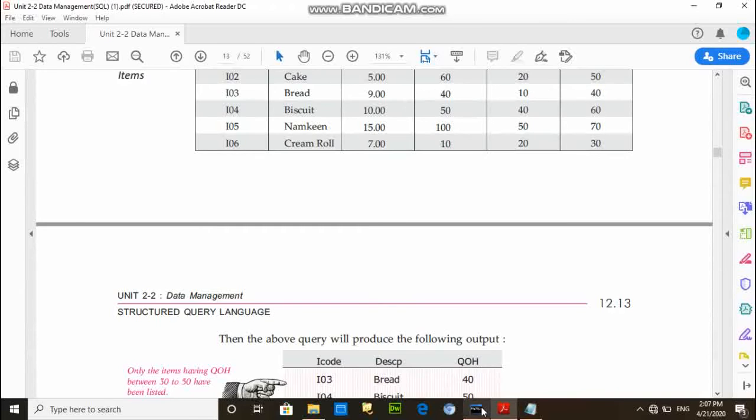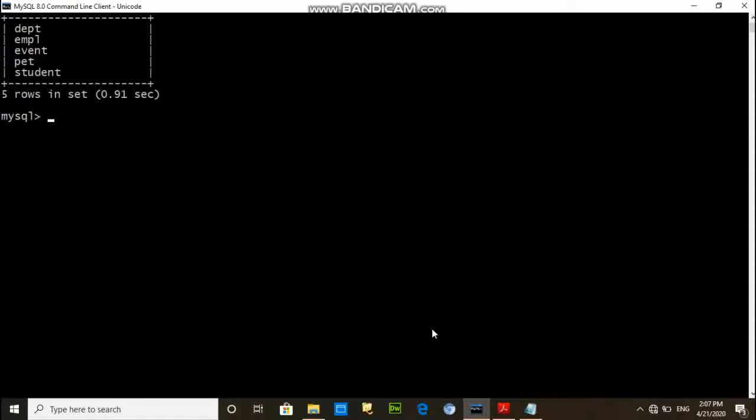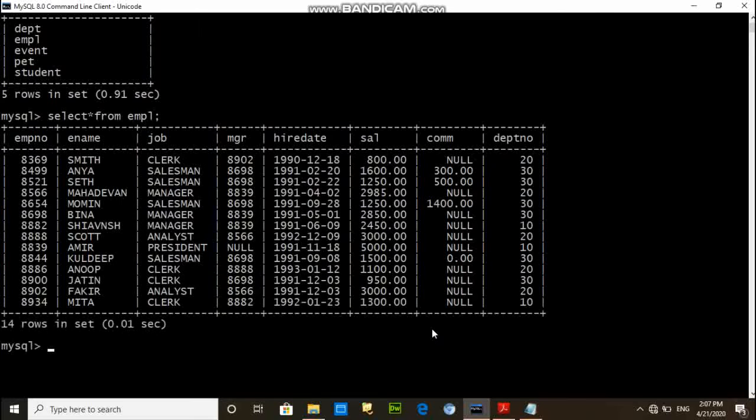For example, student, this is the record of EMPL, and here I want to find the records of those employees whose salary is in the range of 800 to 3000.